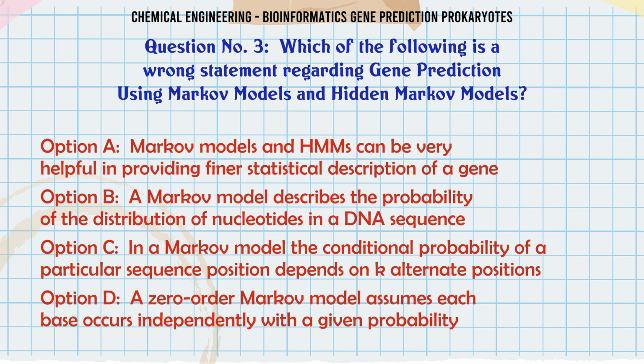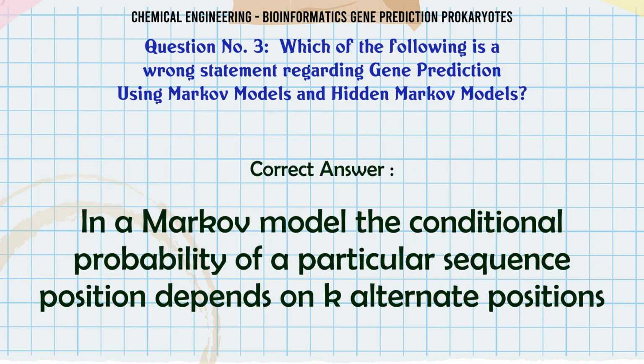C. In a Markov model, the conditional probability of a particular sequence position depends on k alternate positions. D. A zero-order Markov model assumes each base occurs independently with a given probability. The correct answer is in a Markov model, the conditional probability of a particular sequence position depends on k alternate